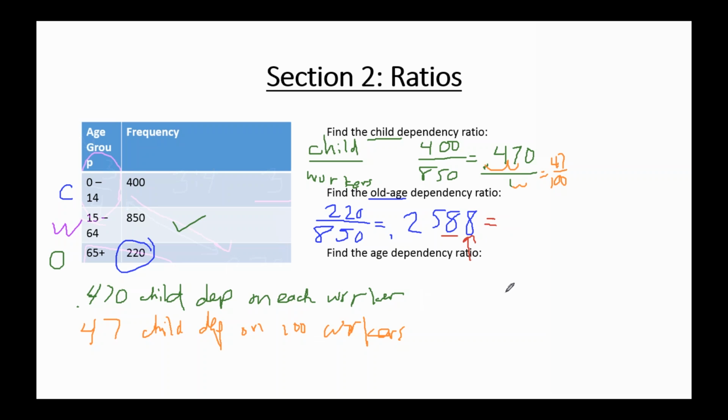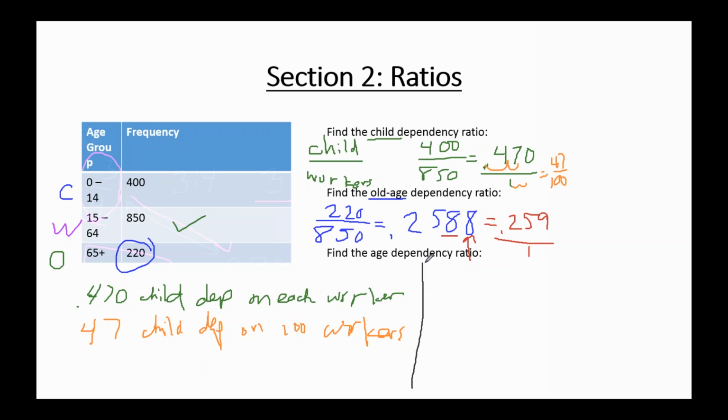Up is correct. Good. I'm glad to see a ton of you saying that. Makes my heart happy. So we're at 0.259. Again, you can compare that to 1, or you can move the decimal to say there are 259 old people dependent on every 1,000 workers. So you can change that to make it work. All right, I hope I'm not losing anybody.